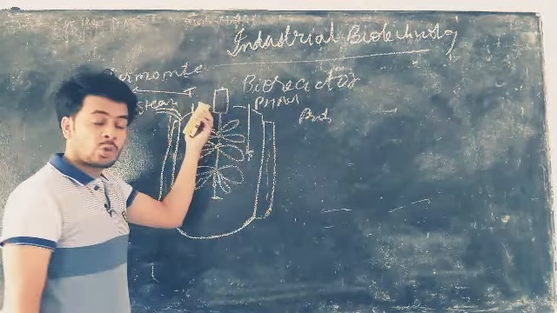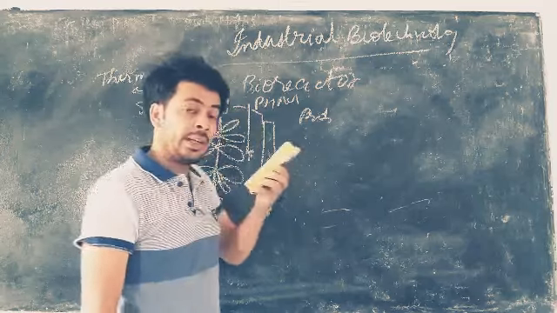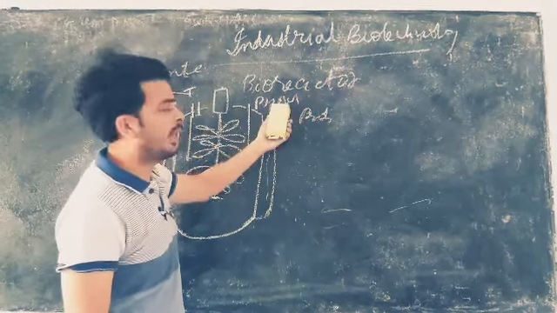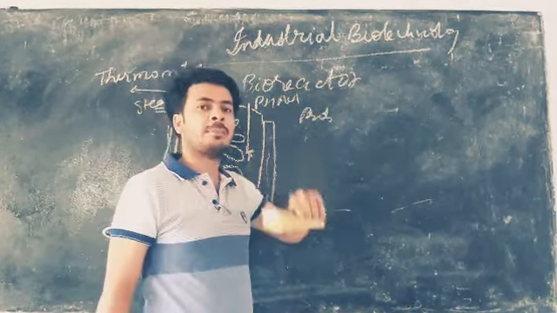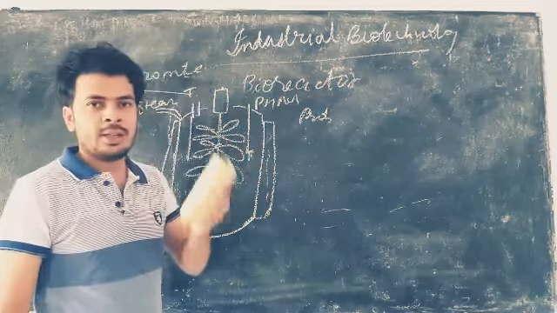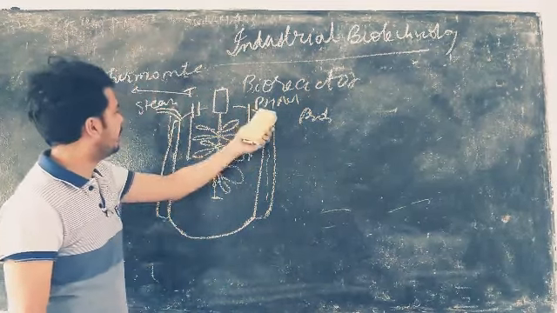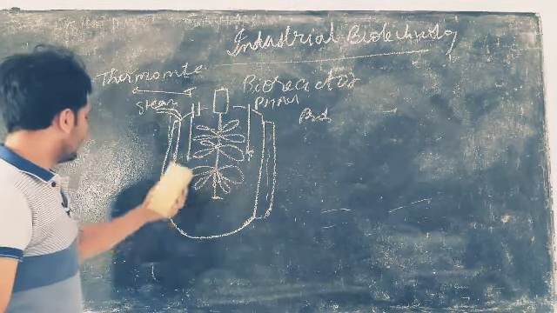If the temperature is increased more than the significant level, then it is very harmful to the product and the culture which we are growing. The same applies to the pH. If the pH alterations are more than the limits, then also the culture will be damaged. So pH and temperature play a crucial role.